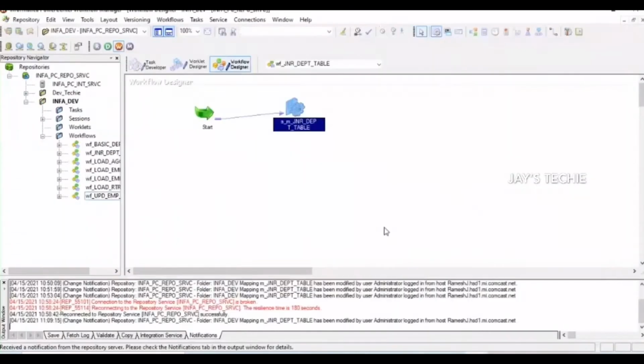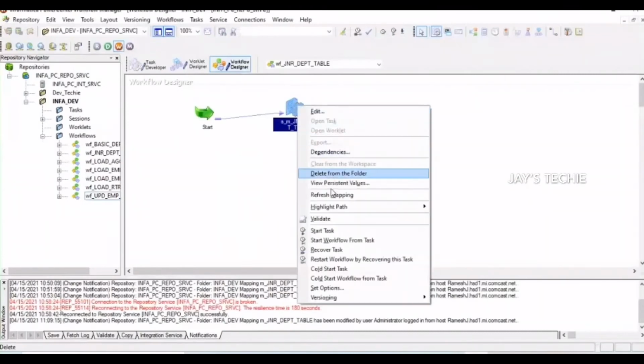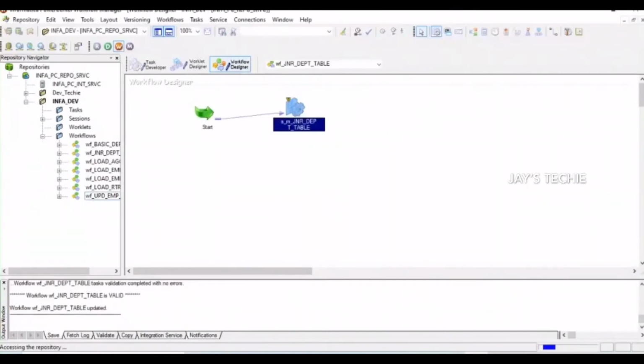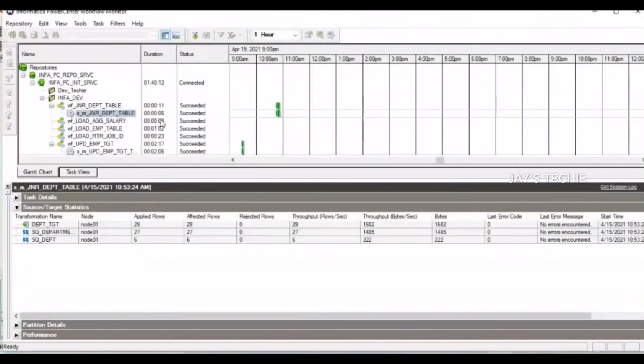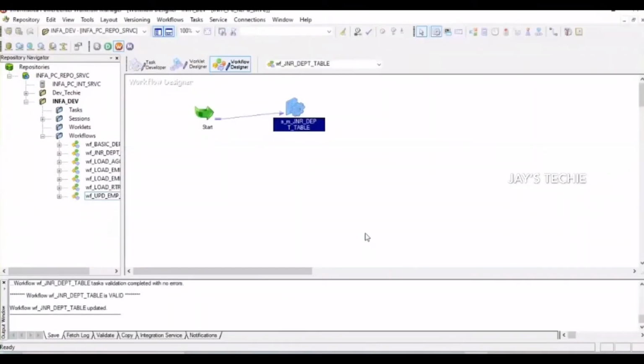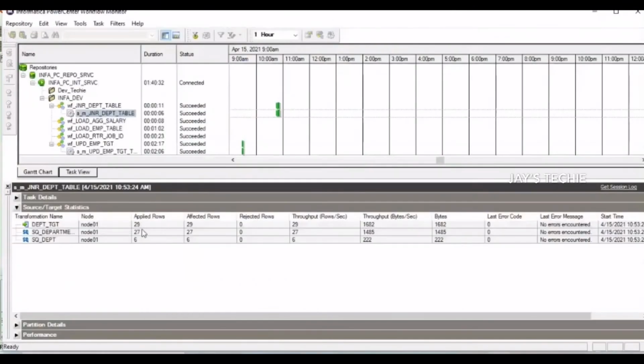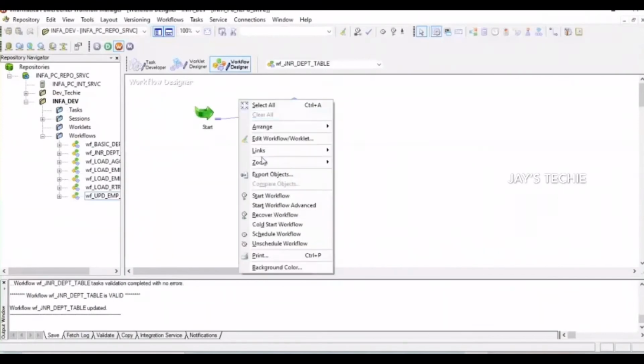Now go to the workflow manager and refresh the mapping. Yeah, now it is done. If you go to the previous run, you can see that it is not going to show a very huge time difference. It took 6 seconds to run this job. Let us see if it shows any difference after adding the sorter transformation. The entire workflow took 11 seconds, and this particular session alone took 6 seconds to complete. Now let us run and see how much time it takes to load the same set of 29 records. Start workflow.